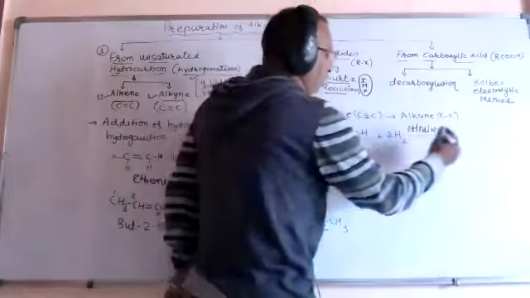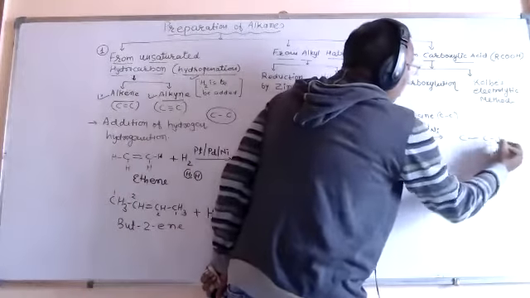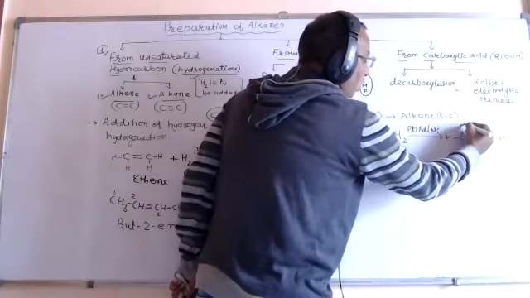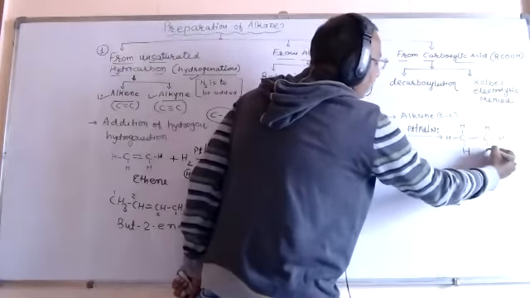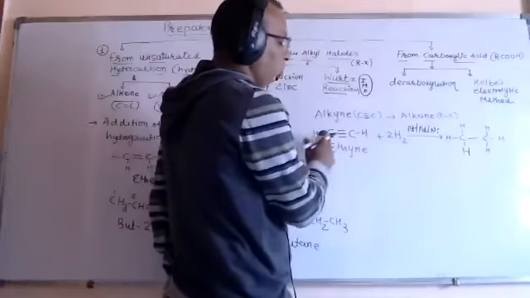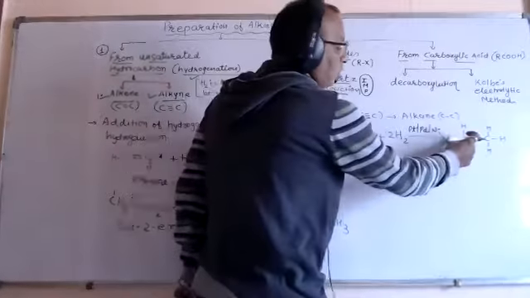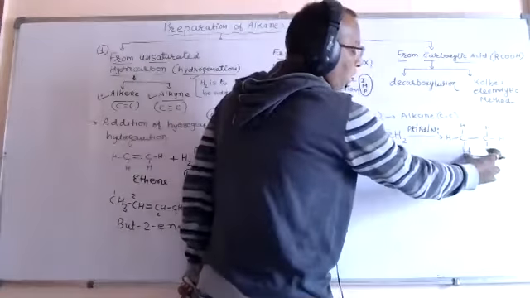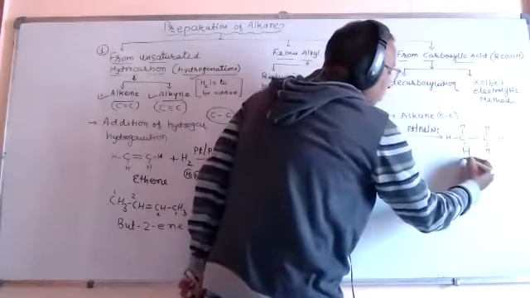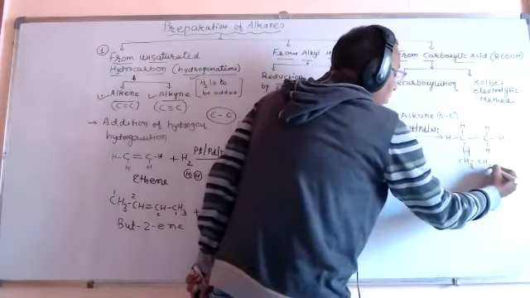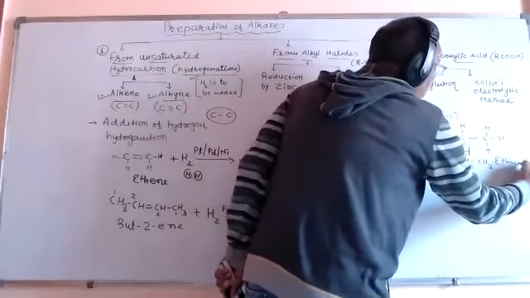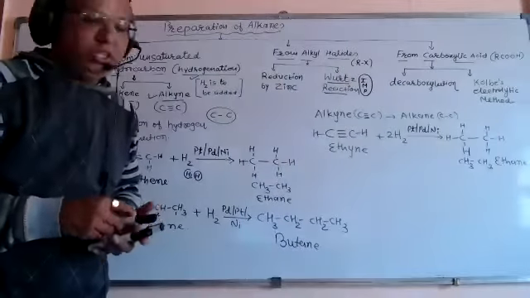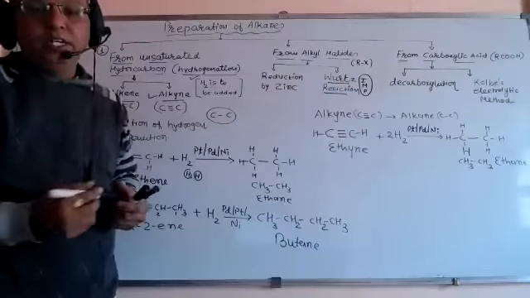So out of 4 hydrogen, friends, 2 hydrogen will go to each carbon. This is 1, 2, 3, and 4. You can see one hydrogen was present on each carbon. This is one and one. 4 hydrogen atoms total. These 2 are downwards, 2 are upwards. This is once again CH3, CH3. It is called ethane. So ethyne to ethane, or propyne to propane.